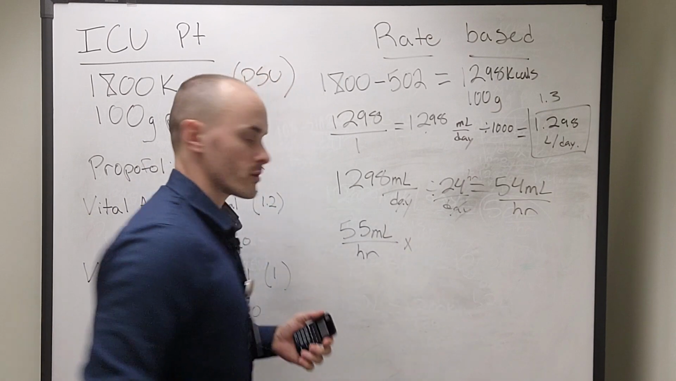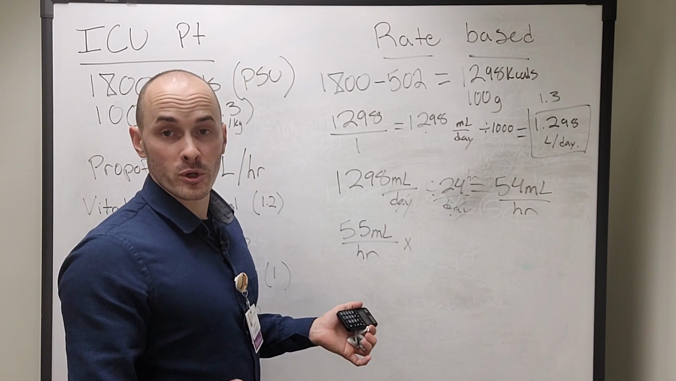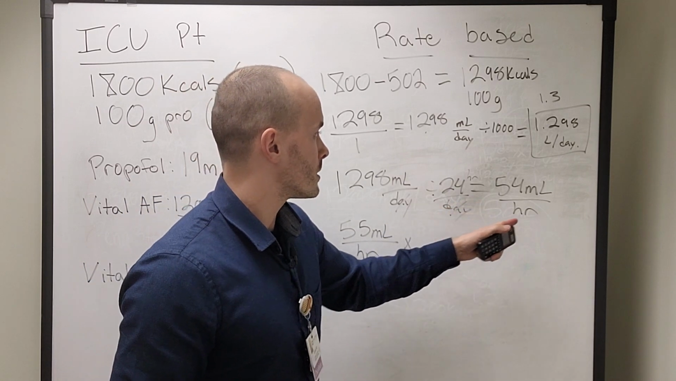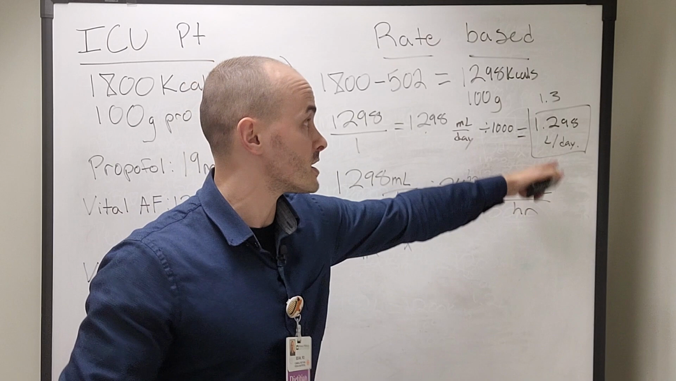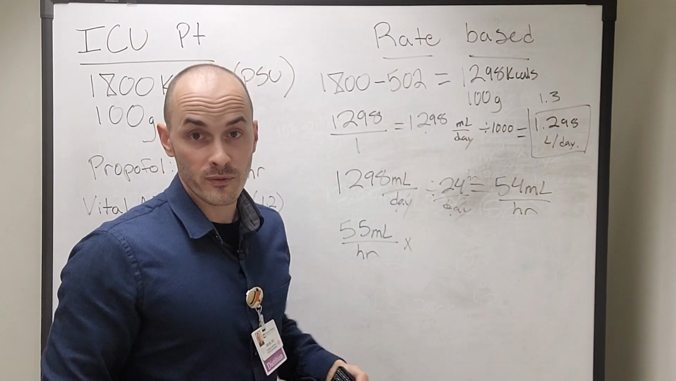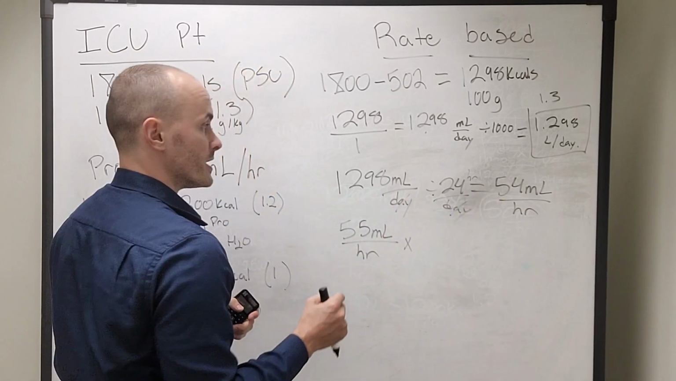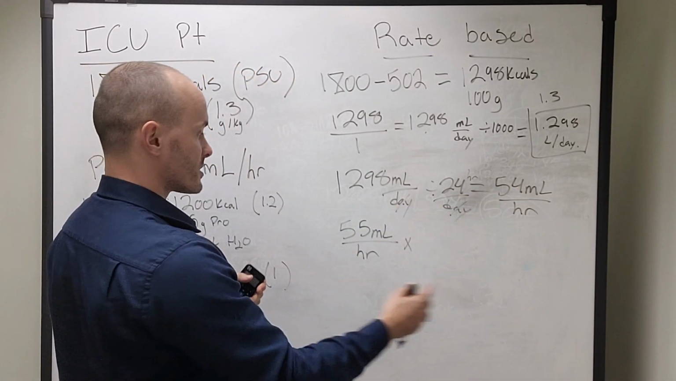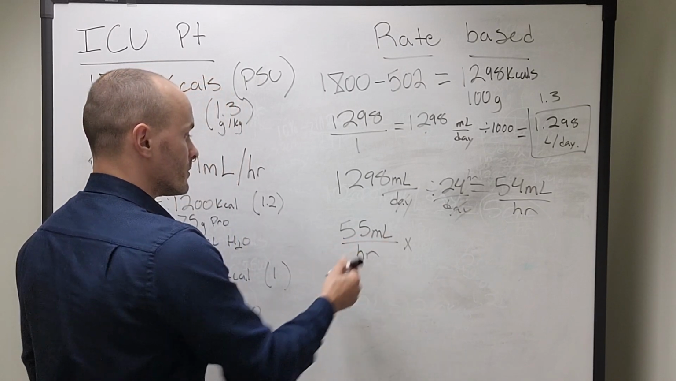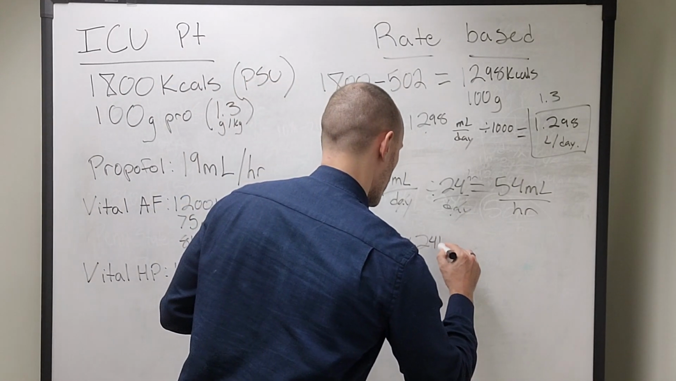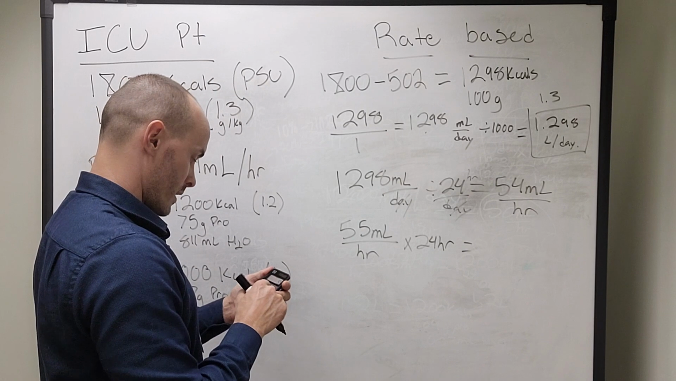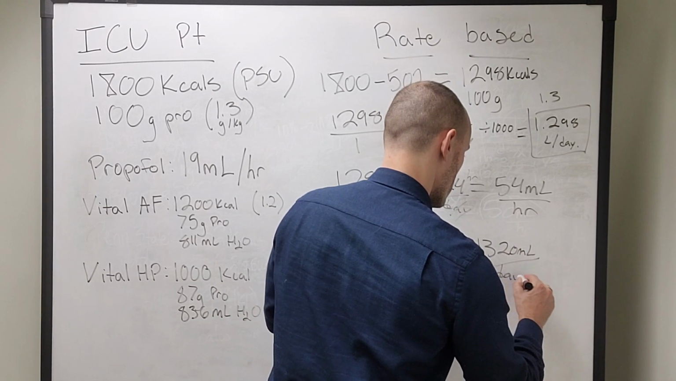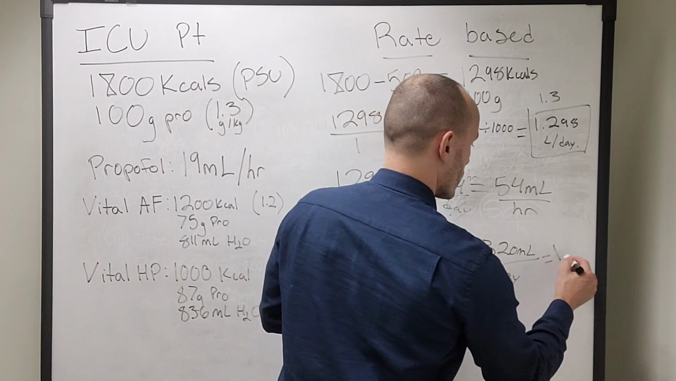Cool. Now we have to figure out what that provides in calories and protein per day so we know what to put in our note. You don't want to say, oh, we're going to run it at 55 an hour, but it gives them 1,300 calories. Like that 1,300 calories was based on that 54 mils per hour. We've now changed this. The numbers that we calculated earlier were good for this rate here, but now we're changing the rate slightly, so we need to recalculate our calories and our protein. 55 mils per hour times 24 hours gives us our new multiplier: 1,320 mils per day, which is the same as 1.32